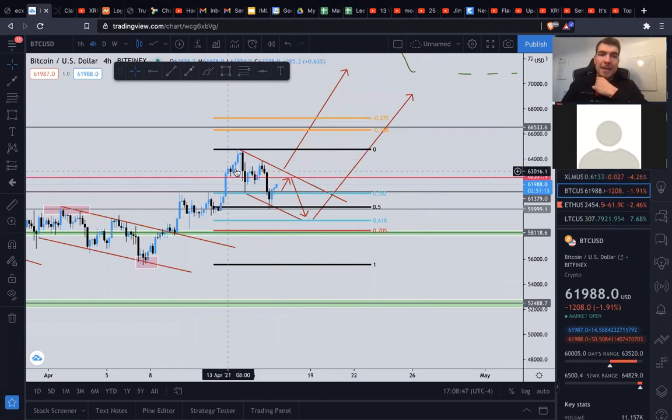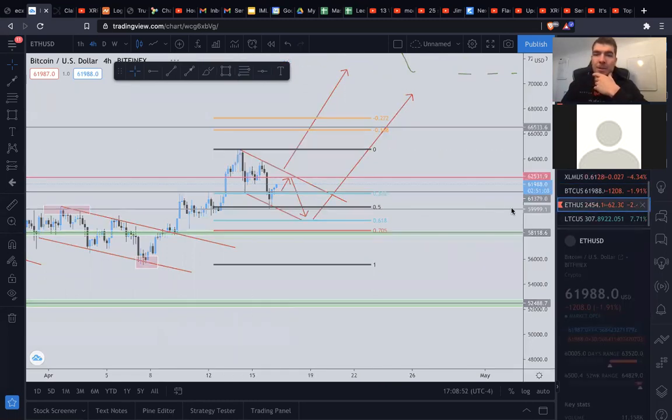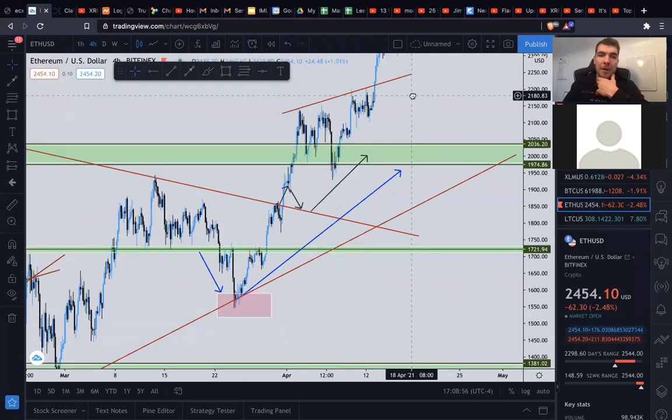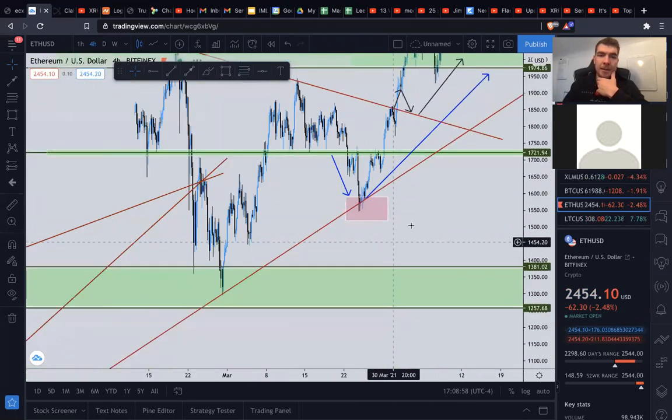So that's Bitcoin. That's some examples of the Fibonacci scale. Now, what I really want to look at too is Ethereum. Before I stop this recording, I want to look at Ethereum because, man, I killed this. If I was